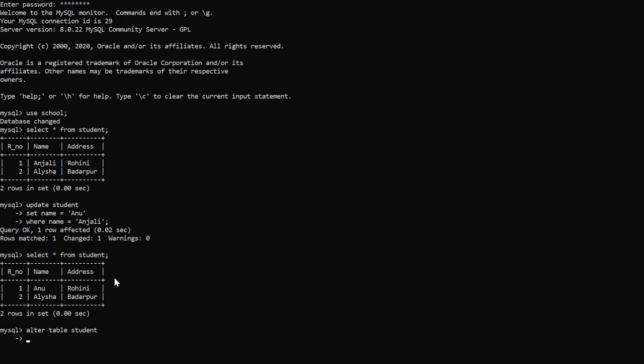We need to add a column with the name contact, and we have to mention the data type of this contact. Before writing this column, we have to mention add. Add is a keyword which is going to add this column in this table. Semicolon.